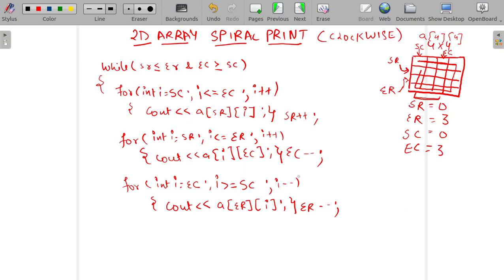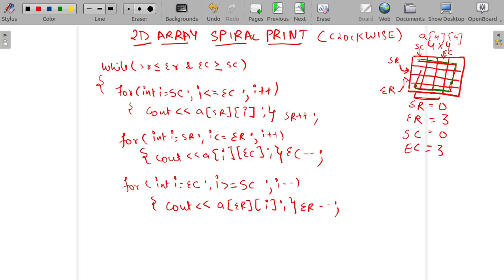Okay, so we have printed this and this. Now we have to print this. You can see that we have printed till here. I will use another color to show you which part we have printed till now. So we have printed this, and this.